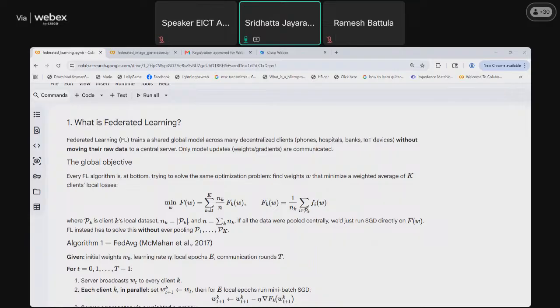The client learnings are actually the local learning, and this local learning will have associated local losses, which will depend on the local data present inside the client. Whatever is learned by the local client will be directed to the server, and then the server will learn that.